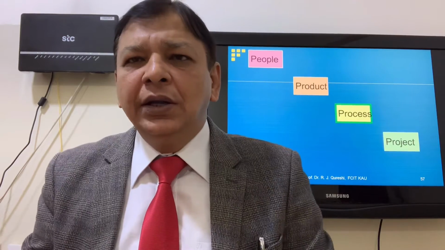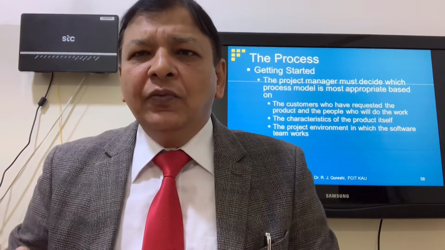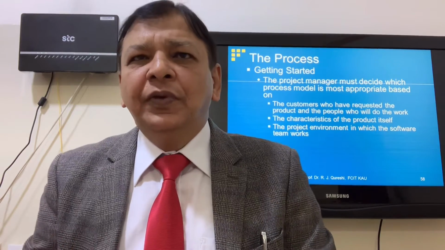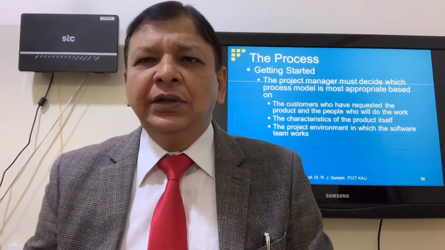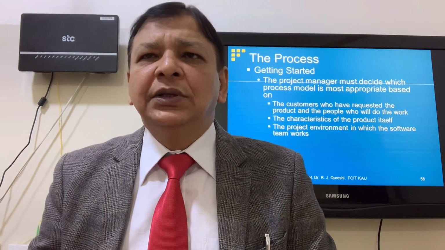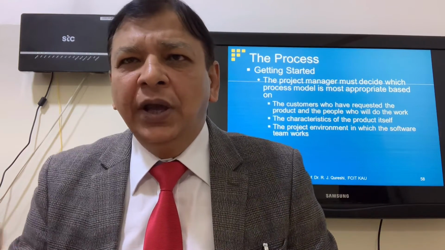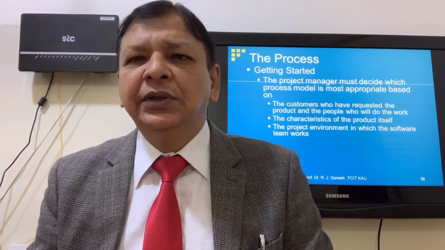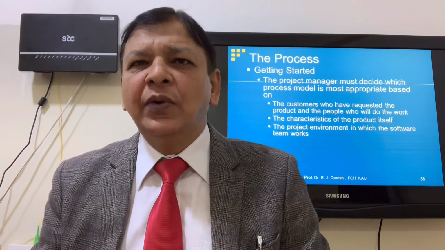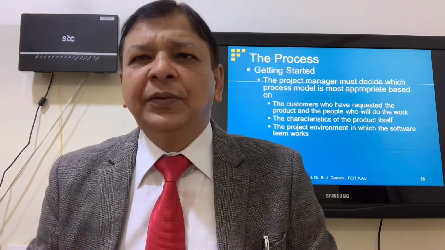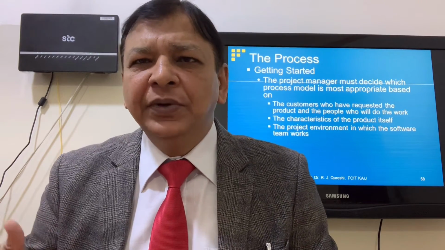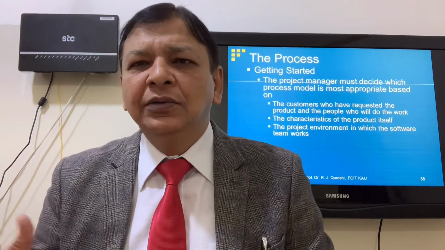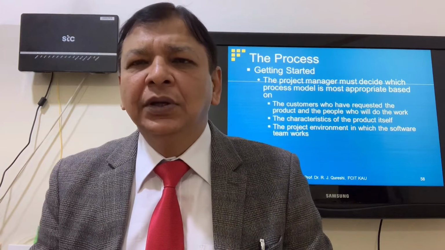So we already covered people, product. The third P is process. When we want to start any software, we need to consider the methodology, what methodology we are going to use for the software. Sometimes we have to implement a methodology as per customer requirements or characteristic of the product itself, or the customized methodology the software company is already using according to the mission statement of the company or the goals of the company,